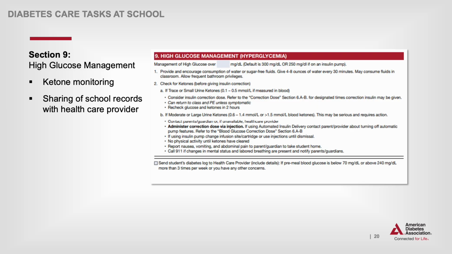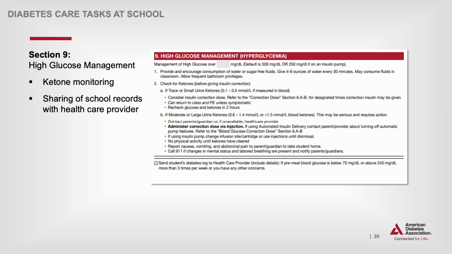Section 9, the high glucose management section, provides individualized thresholds for hyperglycemia management, allowing for modifications of the default thresholds of 300 milligrams per deciliter for students using multiple daily injections and 250 milligrams per deciliter for those using insulin pump therapy. It provides more guidance for the school nurse regarding when it is appropriate to return the student to the classroom or physical activity, when ketone testing and correction insulin by injection is needed, and provides guidance for follow-up